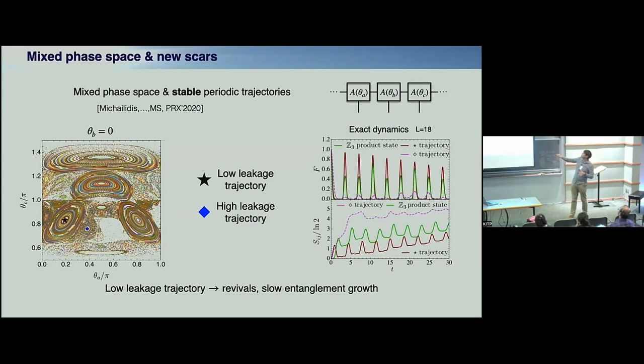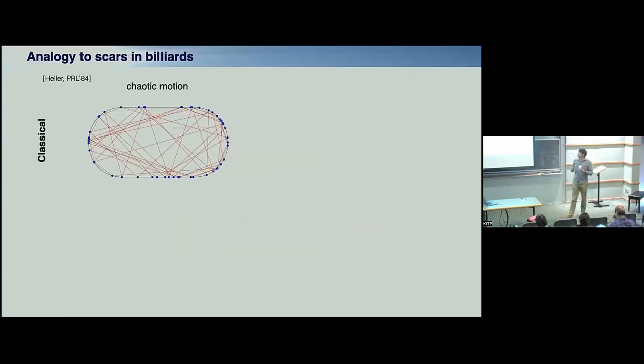And you see this high leakage trajectory, shown by this curve, doesn't have much interesting dynamics. The fidelity is damped very fast, right? And entanglement grows very fast. So once again, in the language of trajectories, scars are low leakage trajectories in this variational manifold, right? So I need the leakage over a period to be not too strong, and then I'm going to have revivals. And that kind of closes, if you wish, this analogy, right, that we can have, let's say, a